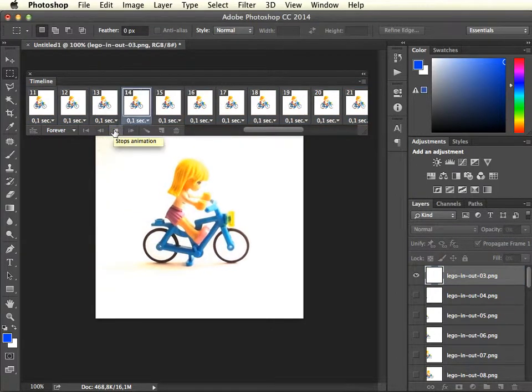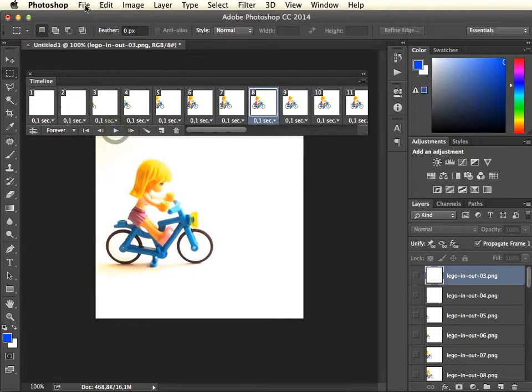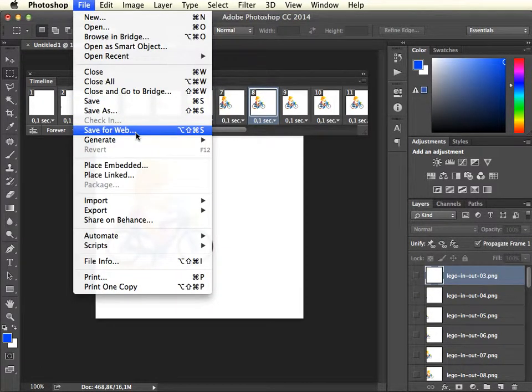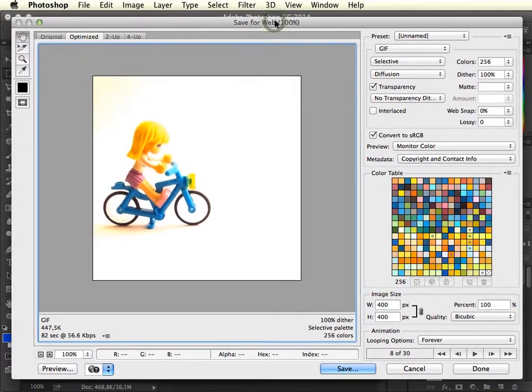So we're almost finished. We only need to export it to GIF format, and we're going to use Save for Web. So File, Save for Web. It's a functionality especially developed to export stuff for the internet. So you can find all the popular formats in here. We're going to use GIF, and as you can see, the limitation of GIF is that you only can have